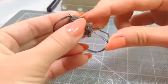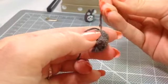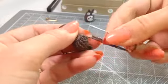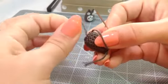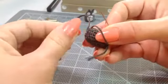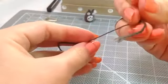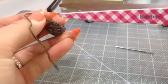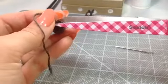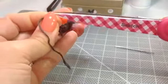And after you pull this thread through, you can actually tie a knot here and reinsert it and pull it out another way just to make sure that the threads are really secure, but I find that it doesn't really matter. You don't need to do that. It holds pretty well just on its own. So then I like to cut off this tail, get through the needle,